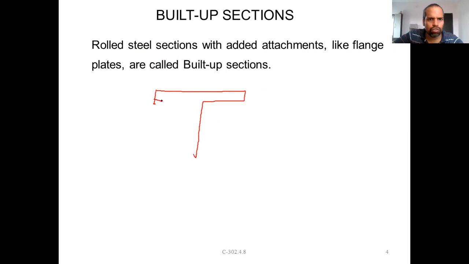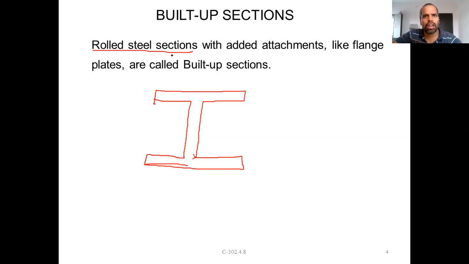When to use it? When the load carrying capacity of a single section is not sufficient. There are some limitations: if you see the steel tables, ready-made sections are available only up to certain dimensions. They are called rolled steel sections, rolled into standard sections, with all the properties known, calculated and tabulated in a book called steel tables.